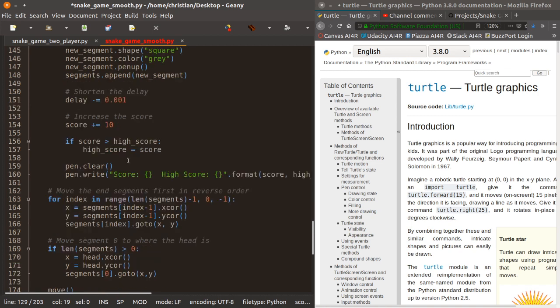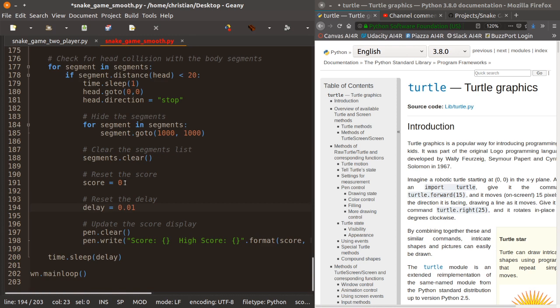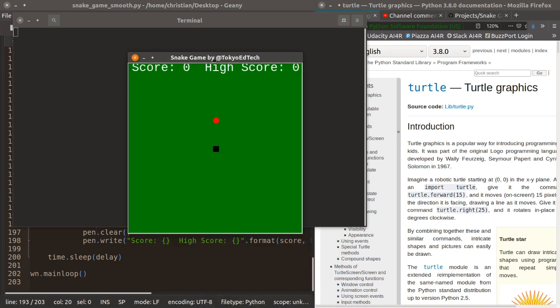Yeah, because the delay keeps getting changed. 0.1. And that still might be a little bit too high. You might want to, depending on how fast your computer works. So I'm going to go up. Why does that keep resetting? When we